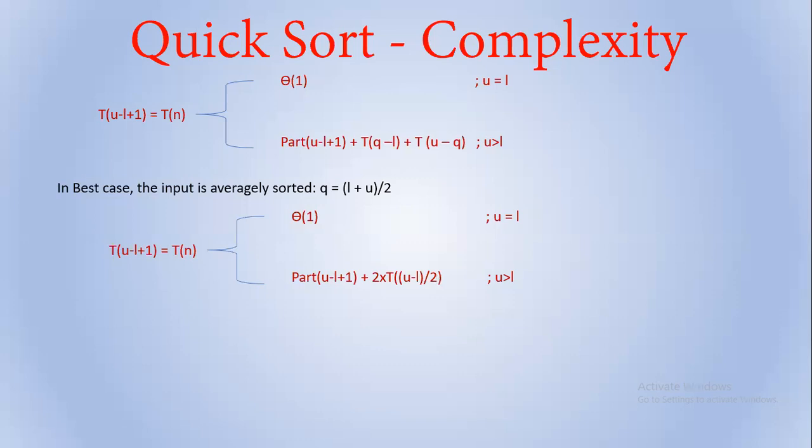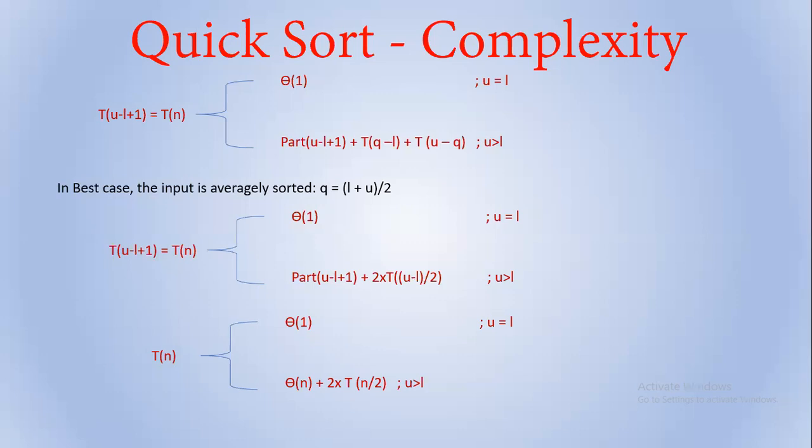Okay. So now we'll get the complexity of this one. We'll simplify in terms of N. N is equal to U minus L plus 1. So you can substitute N here. This is almost equal to N by 2. So you can omit the plus 1. When N is high, the significance of this plus 1 is negligible. So U minus L, you can consider it as N by 2. So 2 times T(N by 2).